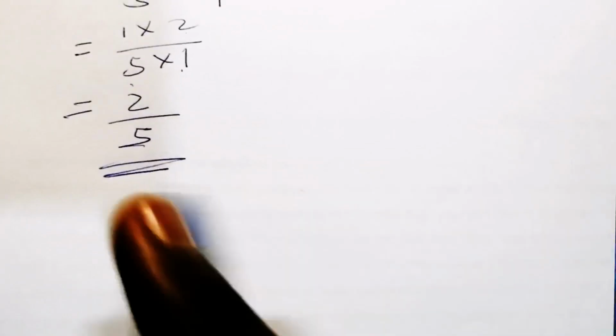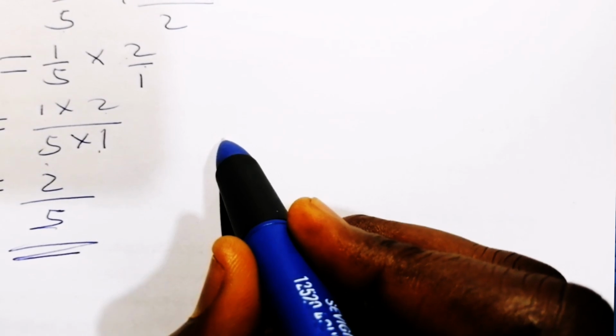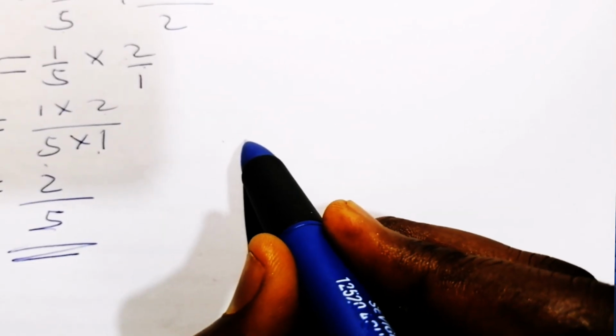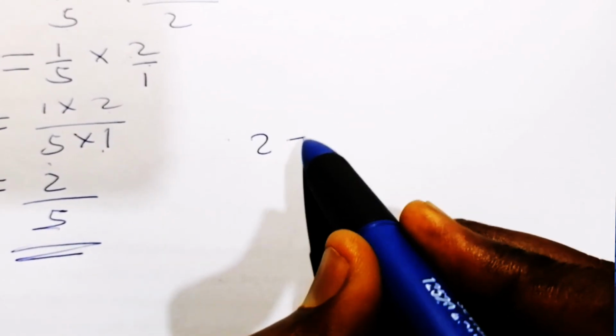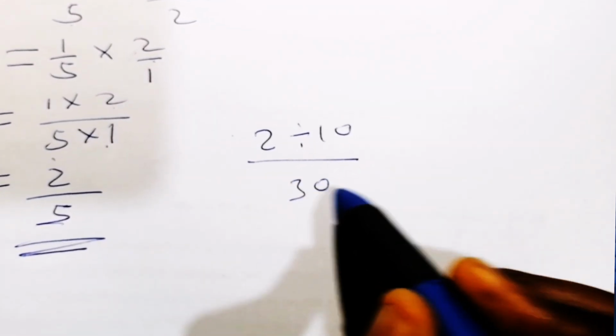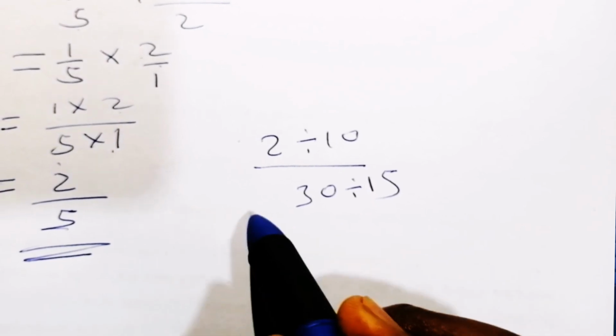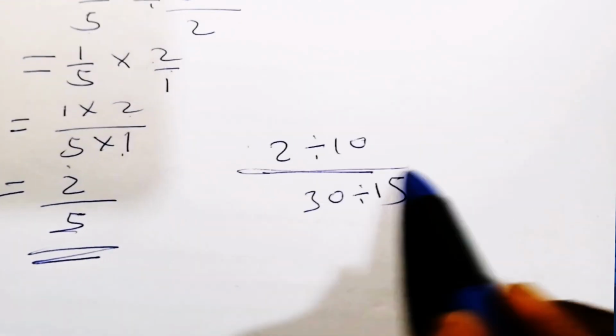Okay, let us see another question which is similar to the previous one. 2 divided by 10 over 30 divided by 15. But I need